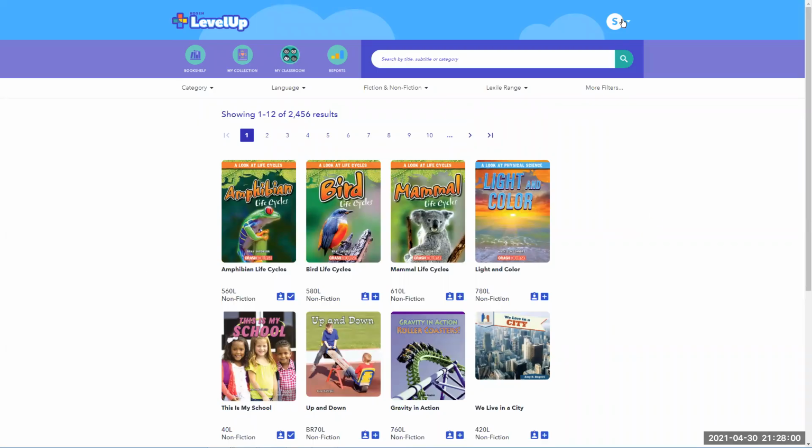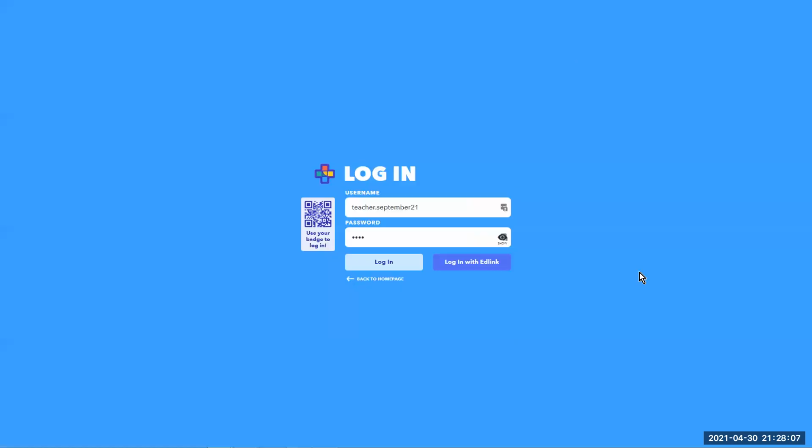So what I'm going to do now is I'm going to log out and log back in again as a student, and I'm going to use my QR code. So what happens is when you click on the QR code, it's going to try to get access to your camera. So I just got to, sorry, I've covered my camera. I blacked it out so no one can spy on me. So